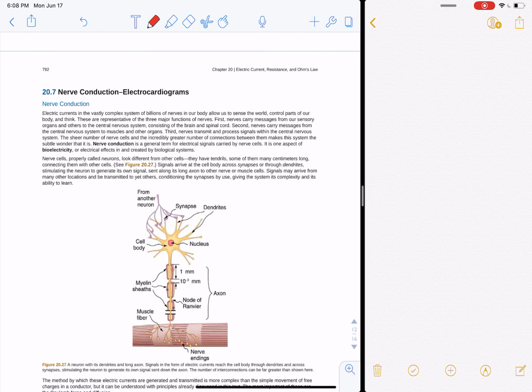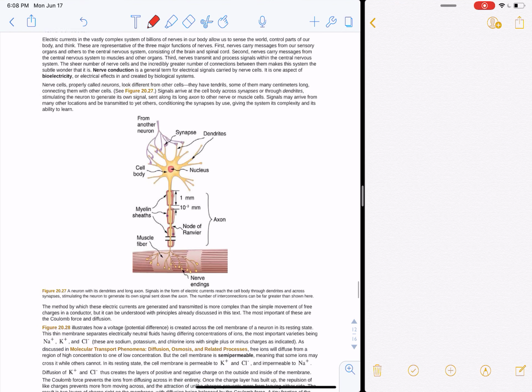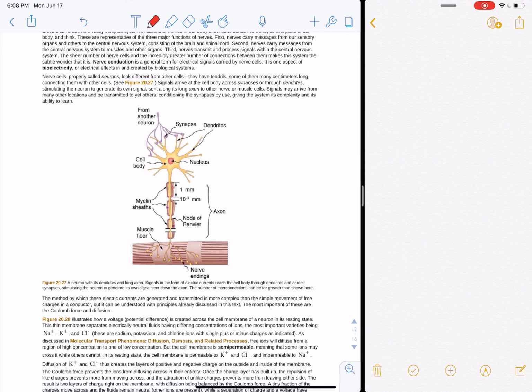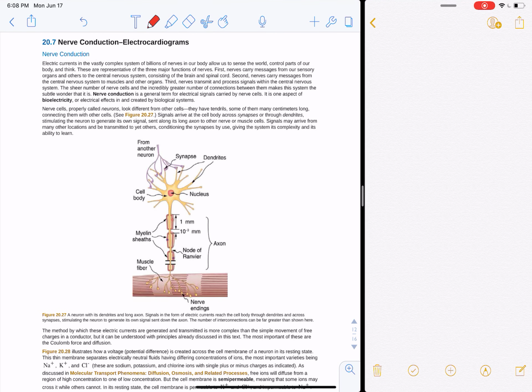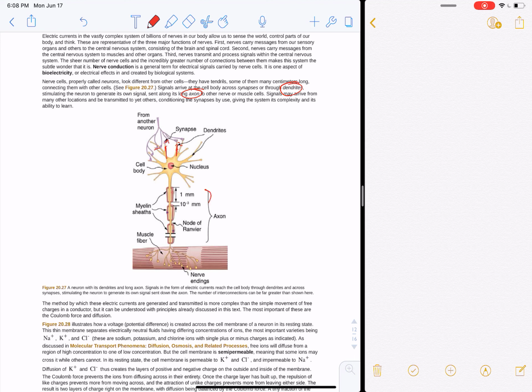Okay, so 20.7, nerve conduction. So the way nerves work and how your body communicates is by electrical signals. You've got your axons, your dendrites, and if you look at a regular neuron, your neuron comes in, you've got the synapse between them, and the dendrites are reaching out and talking to them, and then your axon here is